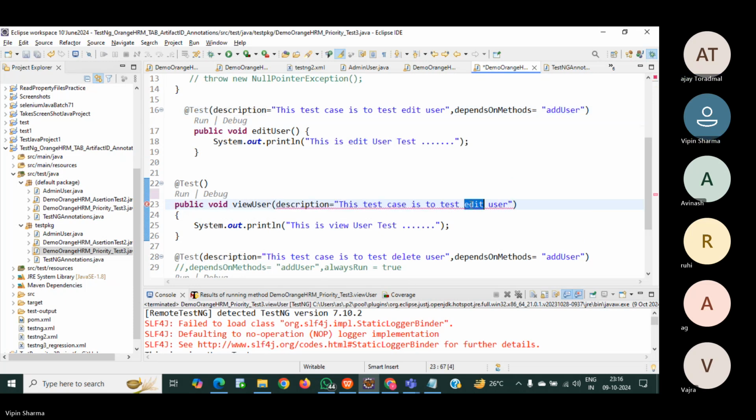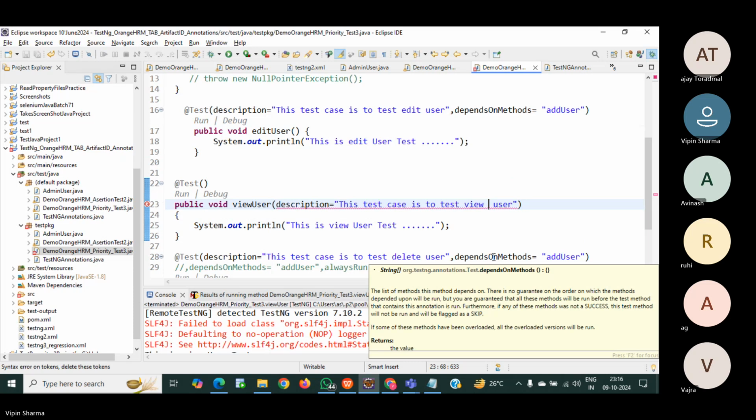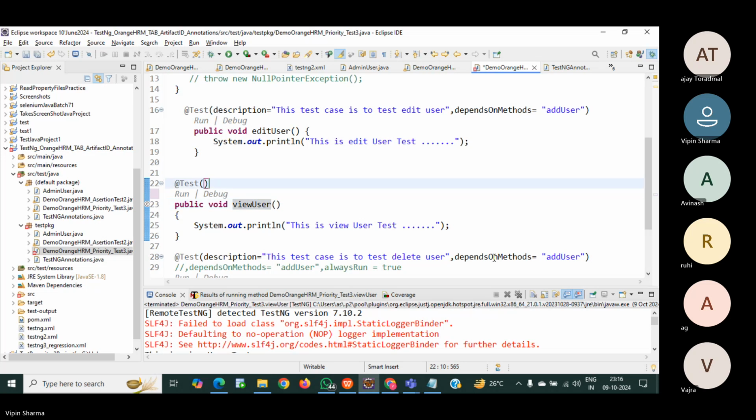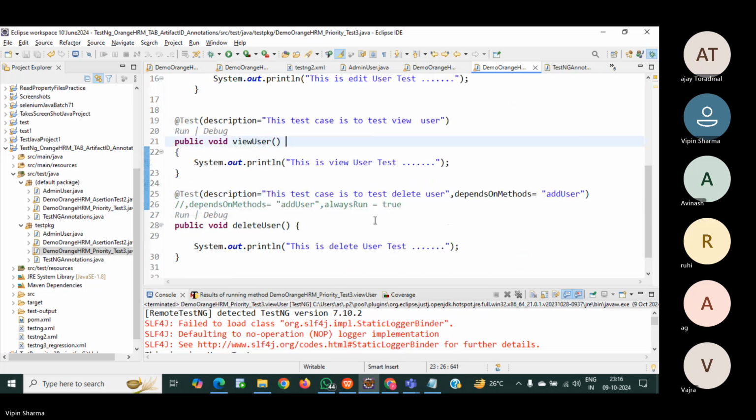If I add some description here and view user, sorry, we have to write the description at test level. Yes. So let me stop the recording so that it will not go. Okay. And if I